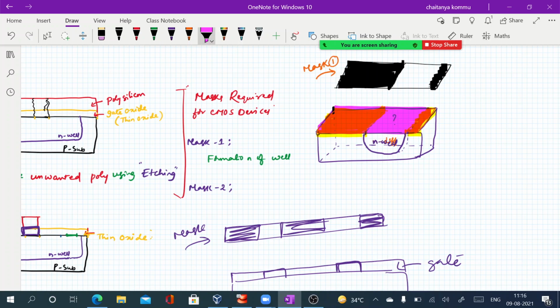So this is the passivation layer actually. SiO2 can be called the passivation layer to protect the surface, whereas the mask is meant for